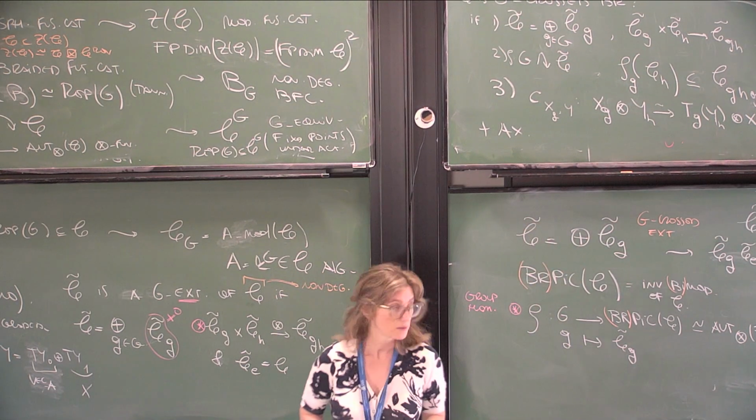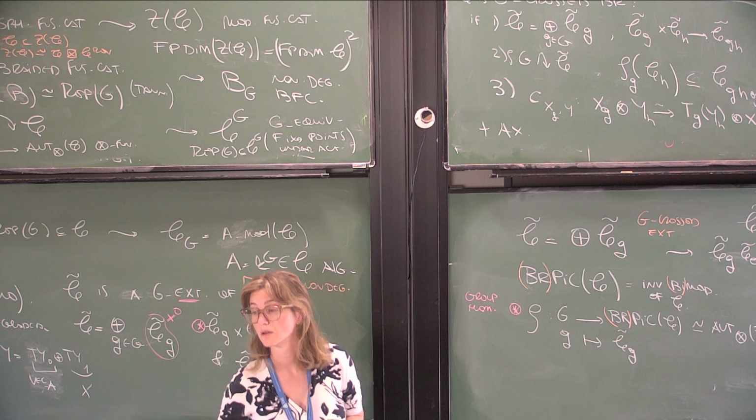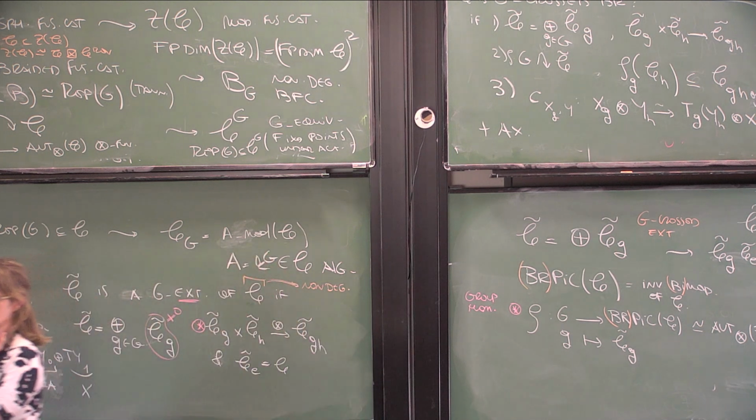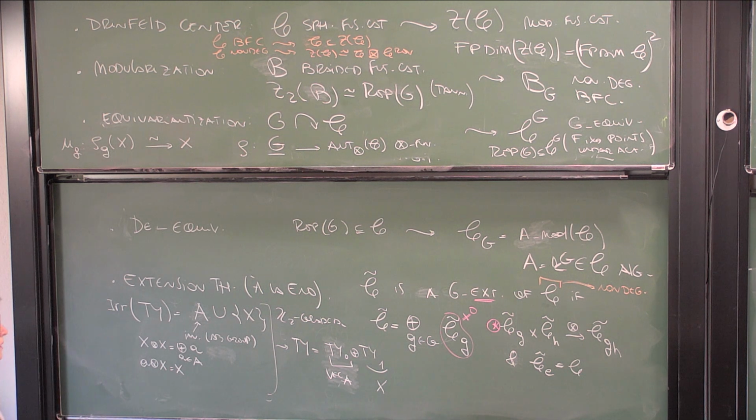So maybe let me see, because I have one question. Yes. If you have a G-crossed extension, can you also gauge, so do this equivariantization only for a subgroup of that? But you will not get the modular thing. I mean, you need to see how the action works. Because at least in physics, people gauge subgroups, right? So how would that translate into this framework? If you have a subgroup, I don't exactly know. I should think about how it translates.